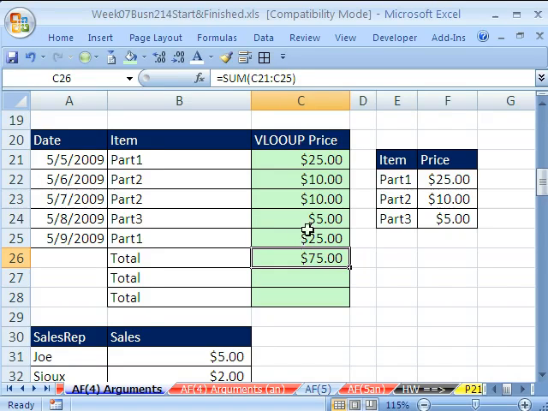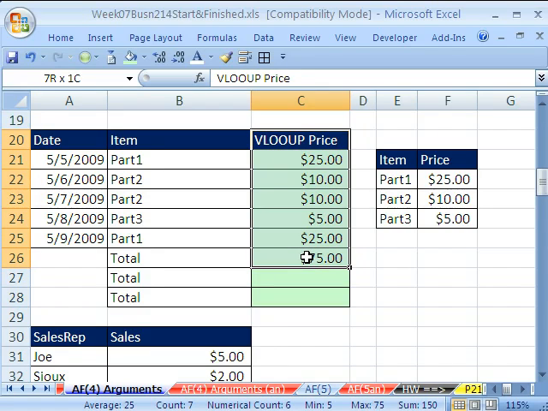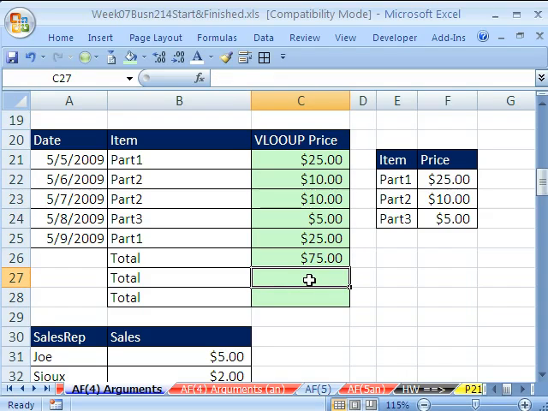Okay? What we had to do, though, was add an extra column. And a lot of times you don't want to do that. You just want one formula that will actually look up the values here and then add them all together, because really our goal is just to add whatever the sales total is for this series of records. Now I always have little data sets here so it can fit on the screen, but obviously a huge data set, this would be